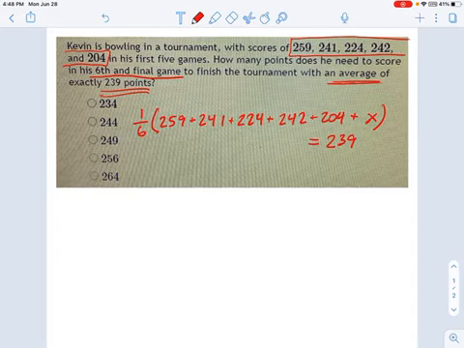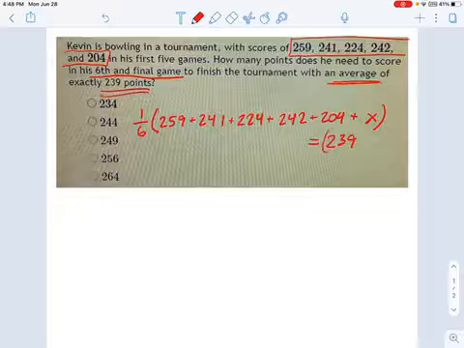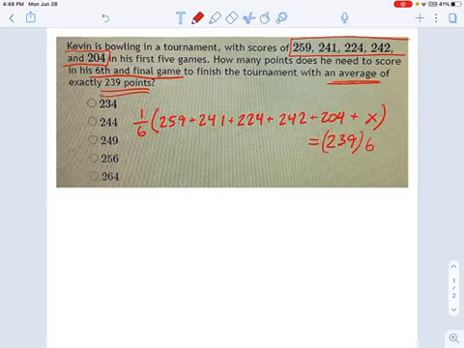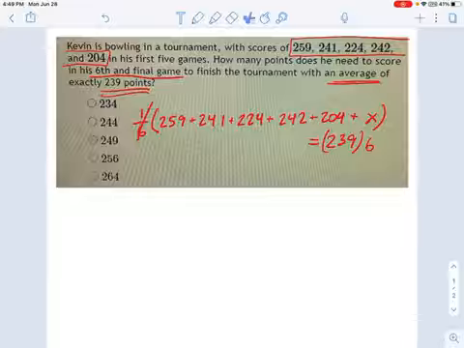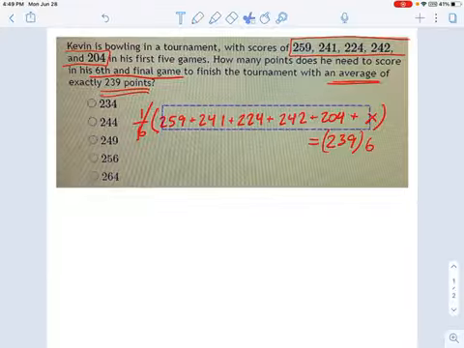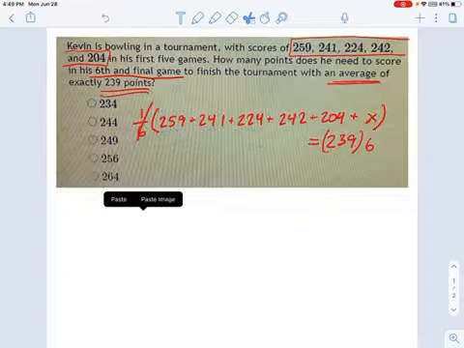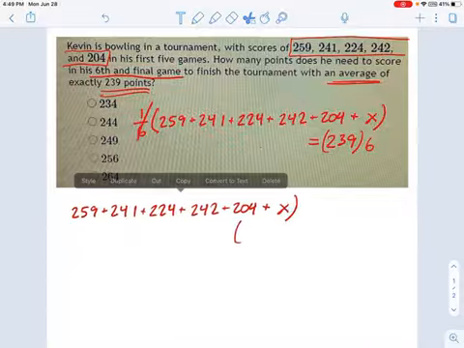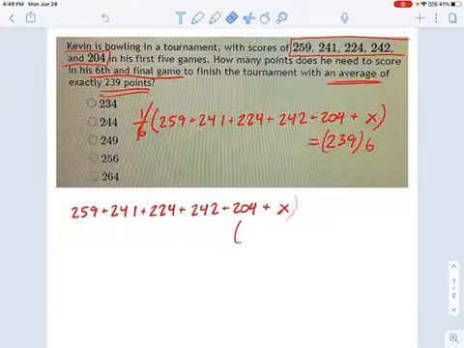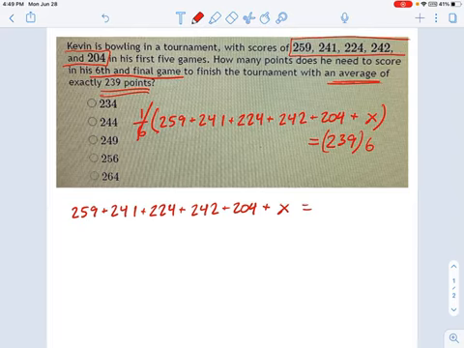What I'm going to do is multiply both sides of this equation by 6. I multiply 239 by 6, and I multiply this left side, or this top big number, by 6, and that cancels out the 1/6. So what you get is, I'm not going to write this all over again. Let's do a little copy-paste action here. Copy, paste, there we go. Okay, so I've got this big number here, or this set of numbers, and that equals 239 times 6, which is 1,434. It is calculator time.